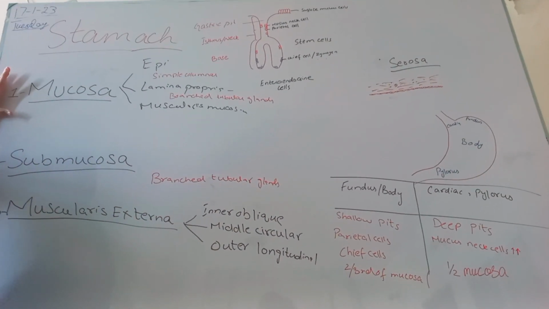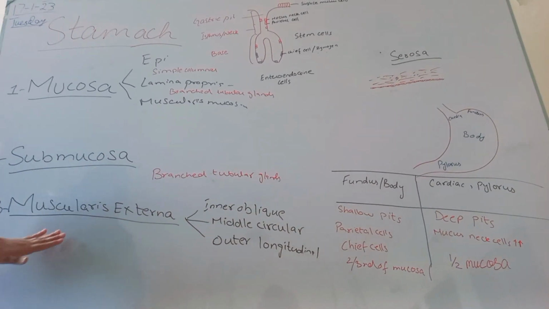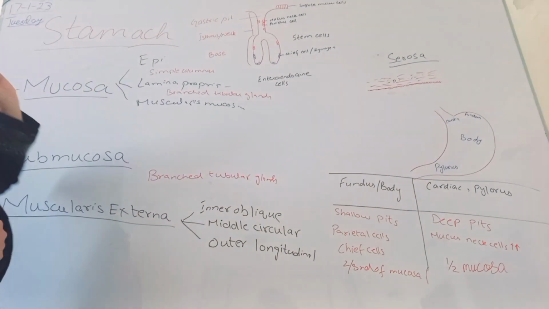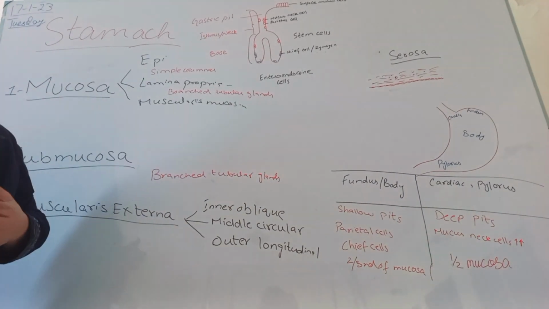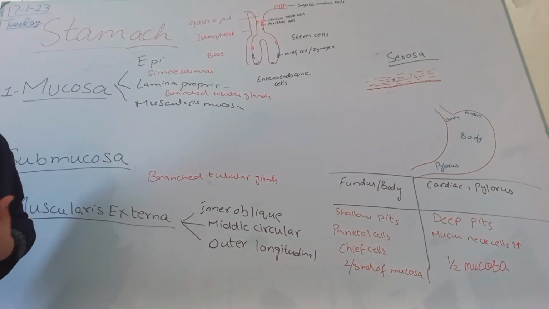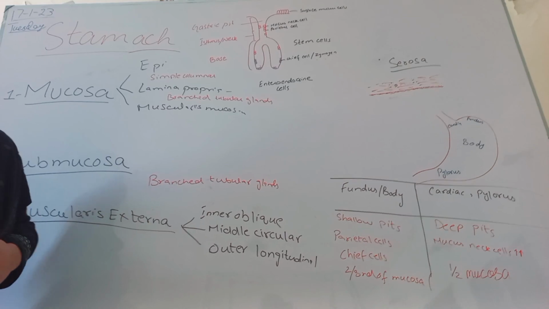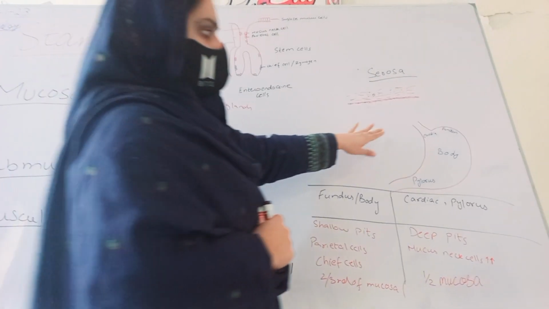Today we will discuss the histology of the stomach. Stomach again consists of the mucosa, submucosa, muscularis externa and serosa. Stomach is the muscular organ in which there is both mechanical and chemical digestion process. The stomach mainly consists of four parts: